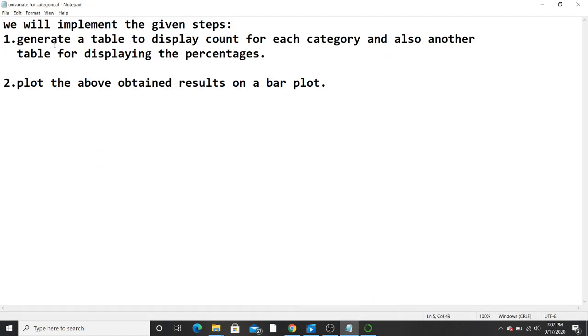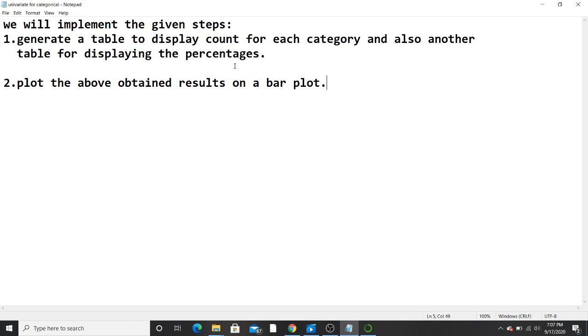The first step was to generate a table which will display the count for each category. Here my category is gender, so I will display how many males and how many females were present in the Titanic. And if some person is not satisfied with the count, we'll also generate a table for the percentages.